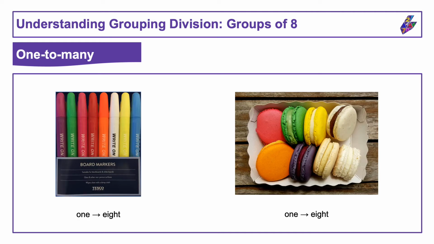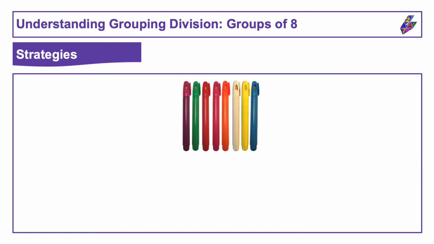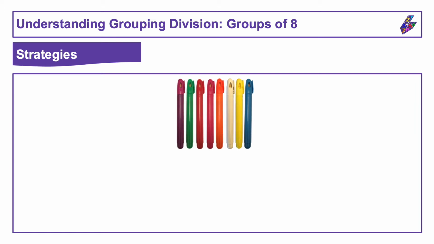Both of these items have a 1 to 8 relationship. One pack contains 8 pens, and one box contains 8 macaroons. Let's imagine a company that manufactures pens was trying to work out how many packets they would need or produce for different quantities of pens. We've seen that one packet contains 8 pens, so if they have 8 pens, this will mean that they have